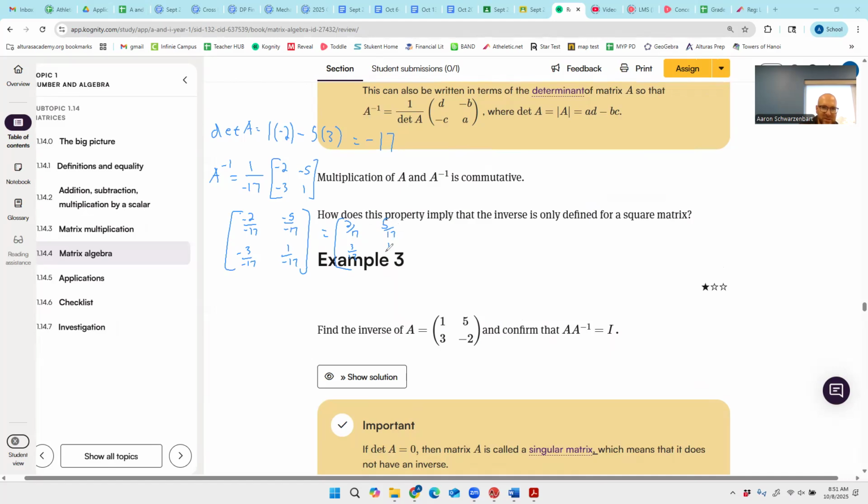And it's only going to make us show this one direction with the multiplication, but here it now says multiply A times A inverse, and you should end up with the identity. So A